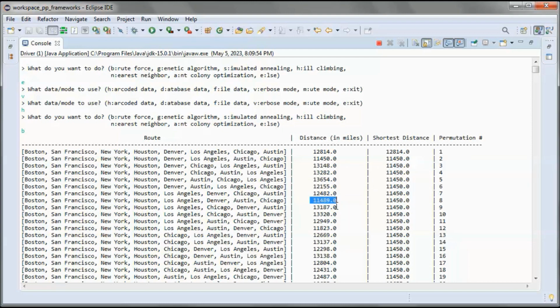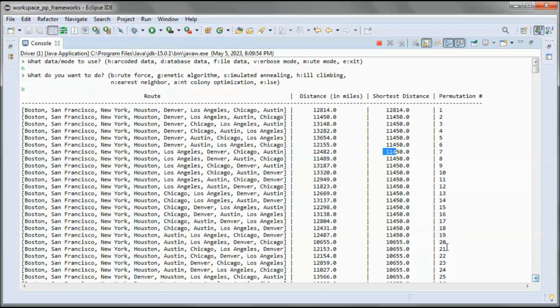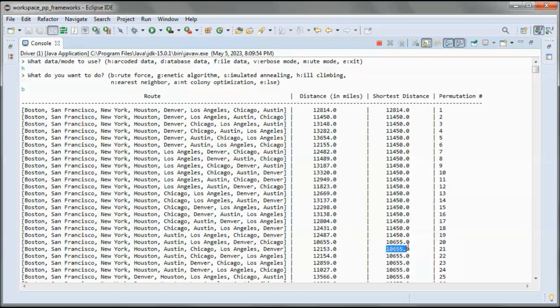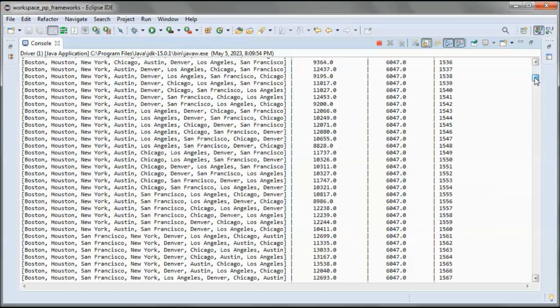No, actually this is bigger than this. So we kept going until here. So this route has this distance in miles. So now we considered it as the shortest distance. Then this one is bigger, so this is still the shortest, and we kept going.